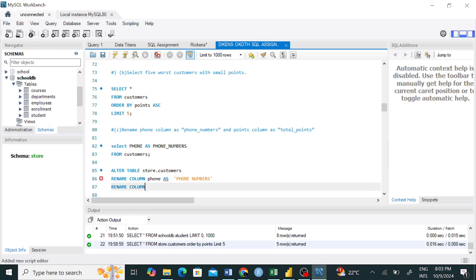Then there's rename column. Another one that you were writing: points was supposed to be renamed. Do we say rename to or rename as? It was supposed to be renamed to total points, instead of writing select phone as phone numbers and then from customers. This one is just going to temporarily show you what